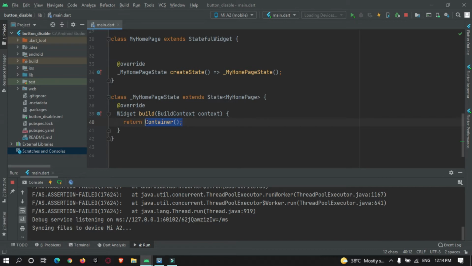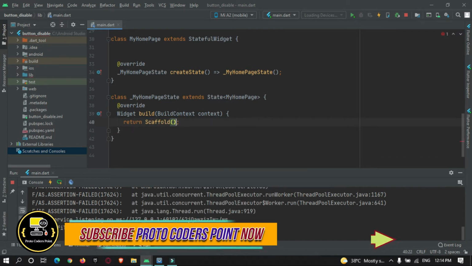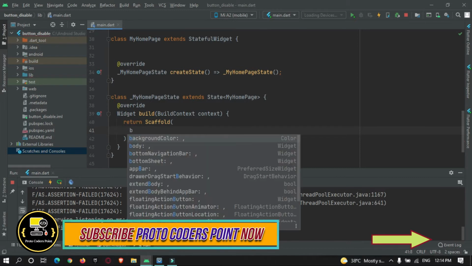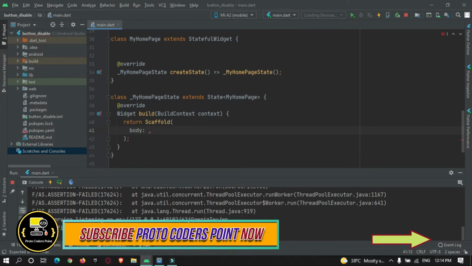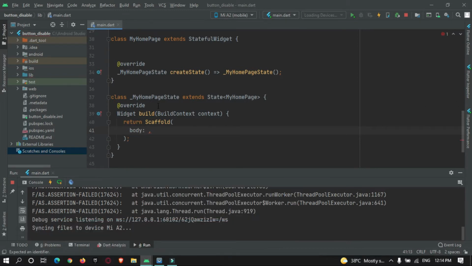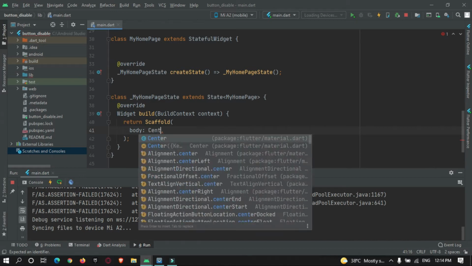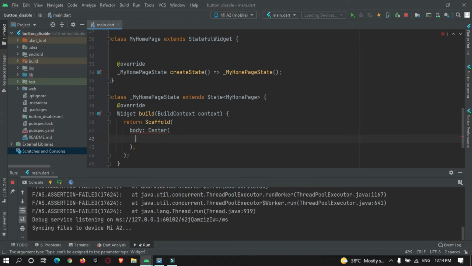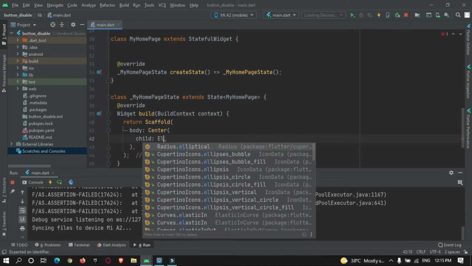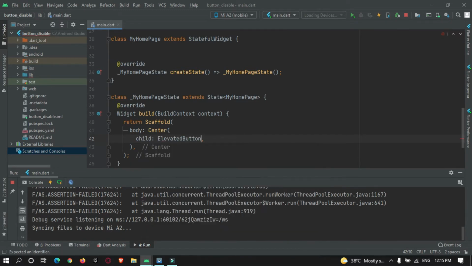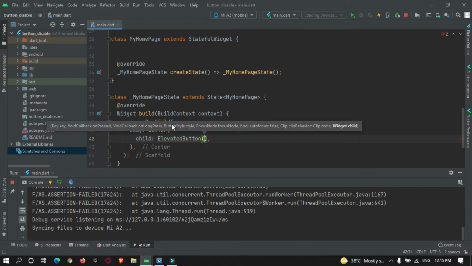Now this, my new stateful widget, simply has a container. I will make use of a Scaffold widget and a body tag in it, and in the body I will show a button at the center of our screen. For that I will make use of a Center widget with a child as an ElevatedButton, as I need to show a button on our screen.